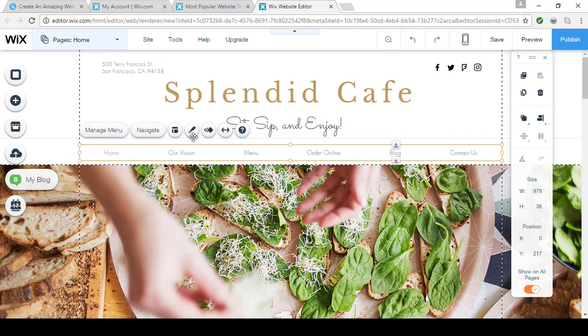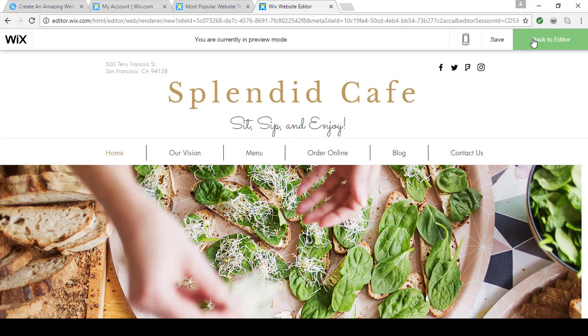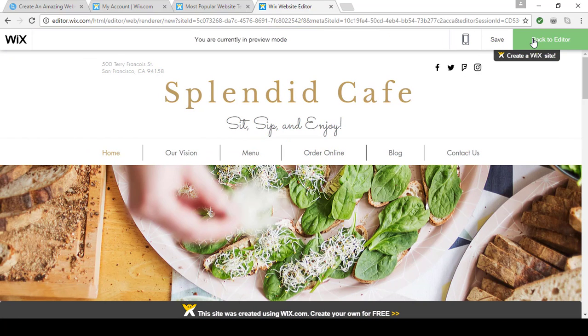Awesome. See this paintbrush icon? It allows me to change the look of the menu itself. Click on it and up will pop the design menu. These ones called themed horizontal menus actually match the look of your theme. I like this one. It applies automatically. Let's go to preview so you can see how it looks. Awesome. Back to the editor